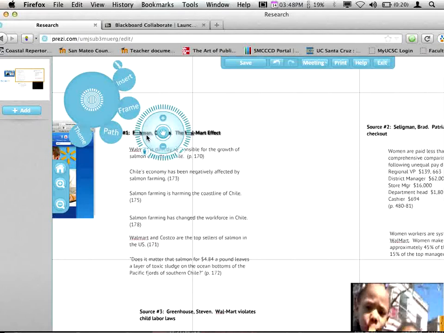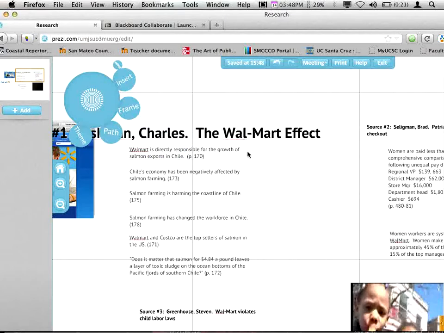So if I find that I really think that this Fishman resource is really, really important, one of the things that I can do as a person who owns this is make it bigger, just by clicking on the editing wheel. So I can use visual cues to remind myself that something is more important or less important.